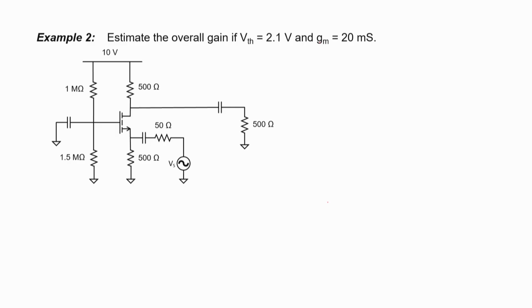Common gate amplifiers have a lot in common with common base amplifiers, but I suppose one of the easier things when it comes to the analysis is that you never have to worry about impedance reflection. Let's work another example, and you might notice here that our transistor is going to have a lower value for the transconductance. Let's start off with a DC analysis to make sure that this transistor is properly biased in the